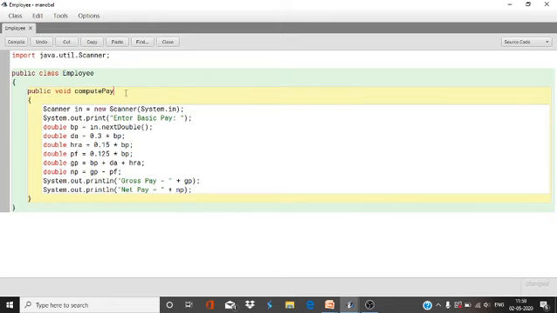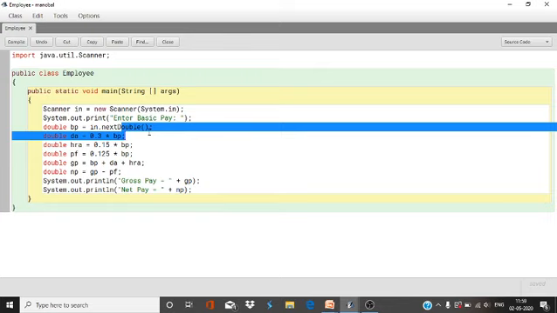Okay. Don't be confused. Static void main, String, new Scanner, System.out.print.